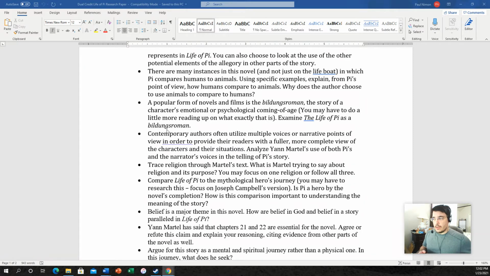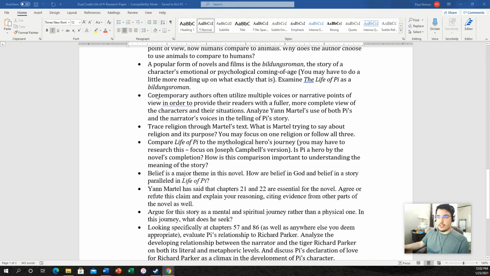And again, you can divide your paper up into sections where you talk about him as a boy, him as a teen, him as a man, or you could talk like a paragraph about his mental state, a paragraph about his emotional state, a paragraph about his psychological state, or whatever. Okay,